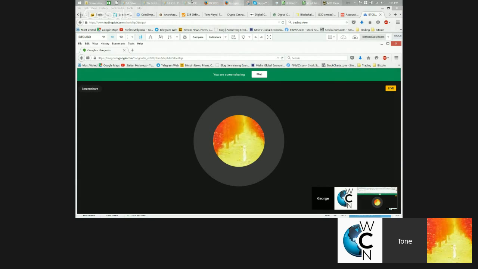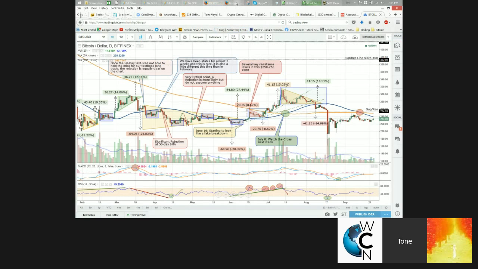So I'm going to talk about Bitcoin a little bit, very briefly. Let me pull up my chart. And Bitcoin, again, has been doing nothing. I am totally neutral on Bitcoin. If you can see my chart, the MACD is completely flat. The RSI is also pretty much flat. We are under the declining 50-day moving average. We just had the death cross, and it's not looking too good.